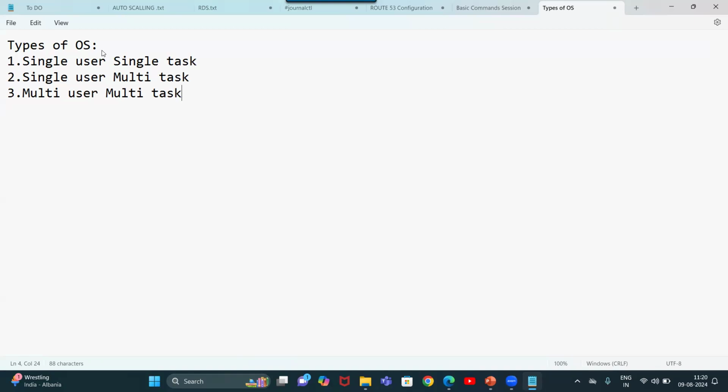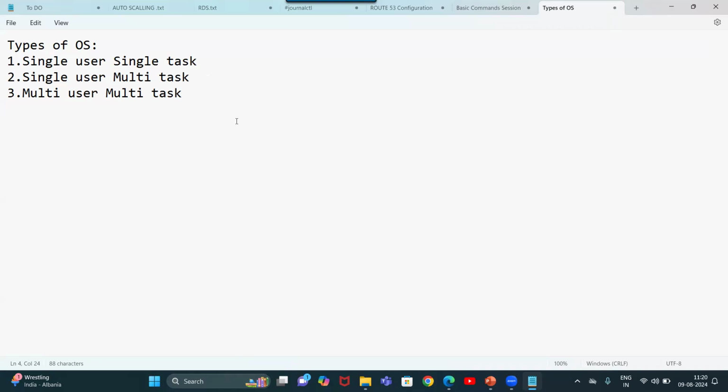So there are three types of operating system. Single user, single task means only one user can log in and that user can perform only one task. If they open one application, at the same time they want to open another application, they cannot open. It can perform only one task.